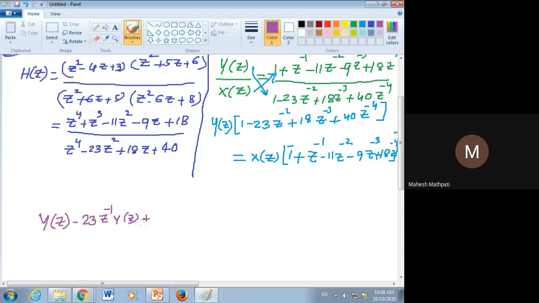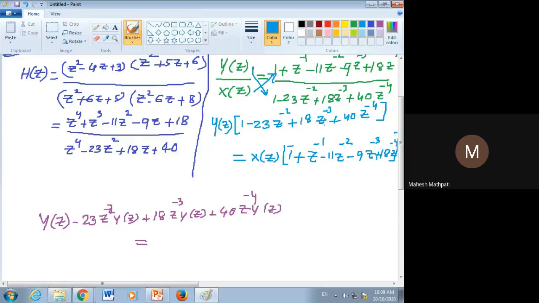sorry, Y of Z है, Y of minus 2 है, minus 2 है ना? It is 23 Z power minus 2 is there, so it will be minus 2. Okay, then 18 Z power, how much it is? Minus 3 into Y of Z plus 40 into Z power minus 4 into Y of Z is equals to,